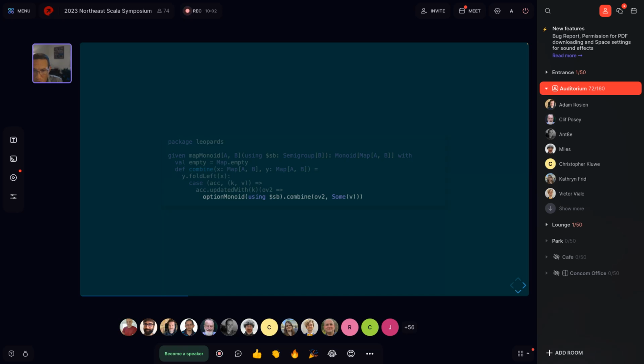And so if you work through all the types, I don't expect you to do that in your head as we sit here, but as you work through all the types, you end up with this expansion. In essence, the compiler is going to assert a call to the option monoid given, passing this semigroup of B as the dependent type class instance. And then insert a call to combine, again, inlining that operator on that instance.